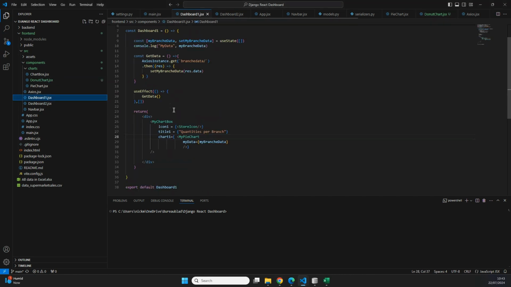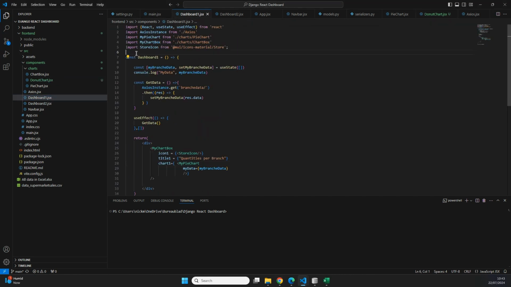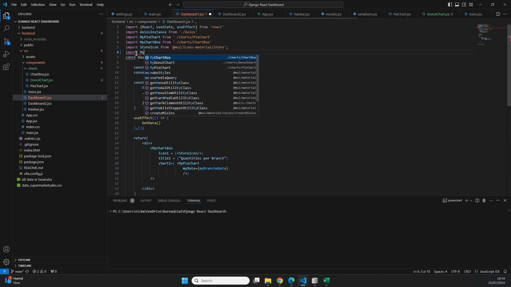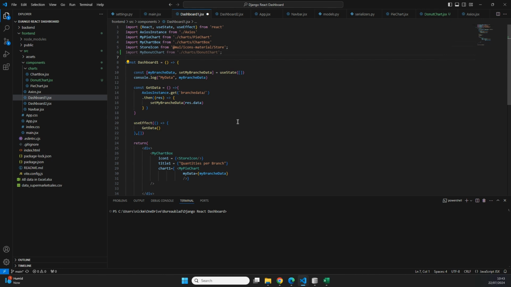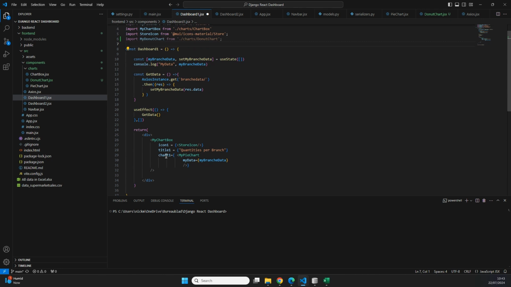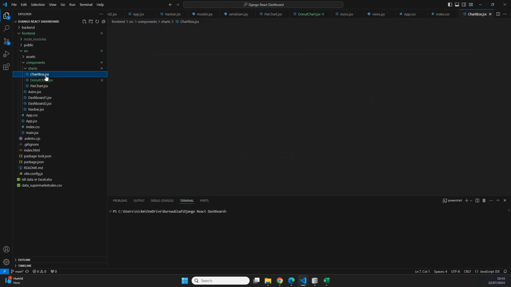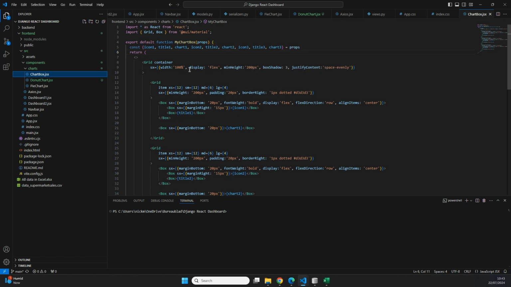So we're going to go to the dashboard 1, the JSX page. And on the top, we're going to be importing my donut chart from charts/donut charts. And then we can add it to our chart box. Now in the previous video, we've created this chart box, which takes in arguments for 3 different charts to be